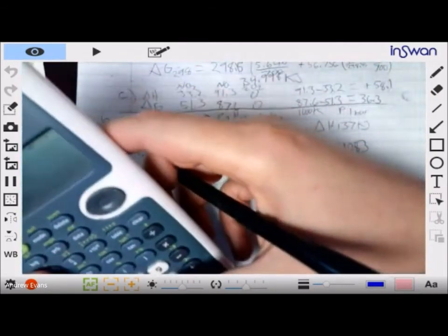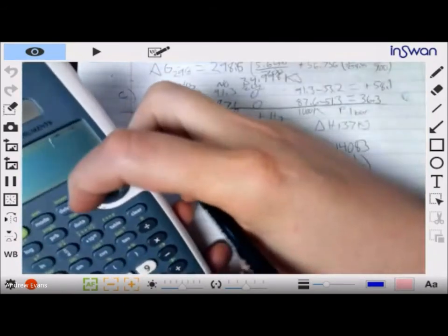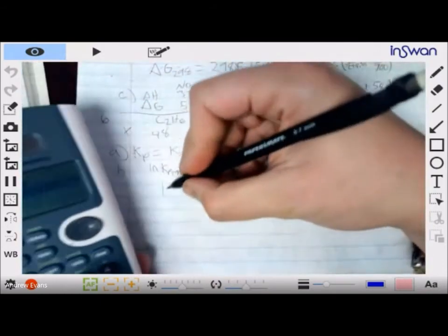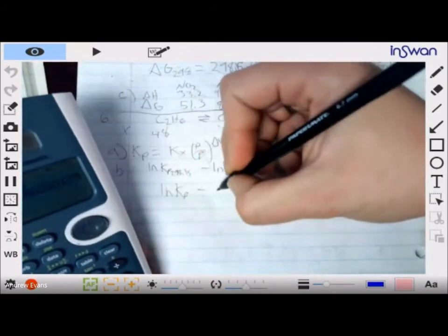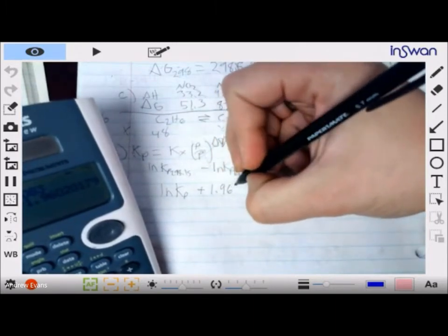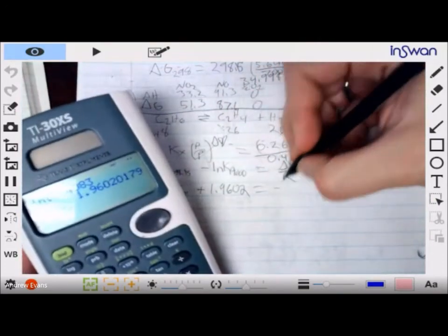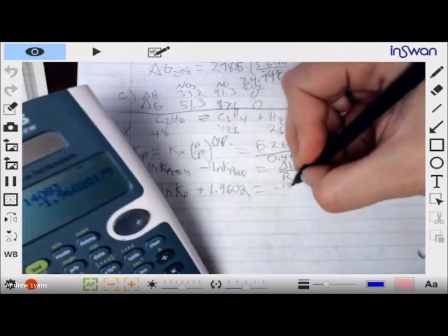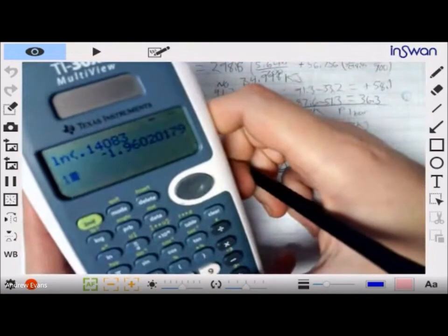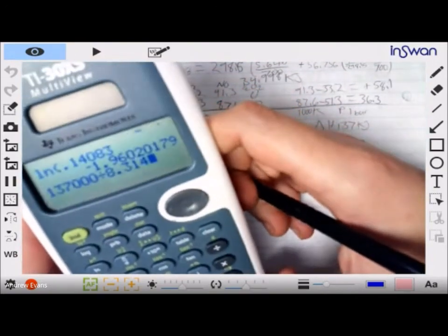We don't know ln Kp at 298, but we do know ln Kp at 1,000, which is negative 1.9602. So ln Kp at 298 plus 1.9602 equals 137,000 joules divided by 8.314 times